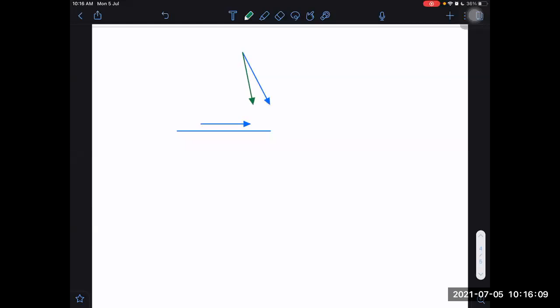Actual direction is blue. Will it appear as the green vector, or will it appear as a red vector? Actual direction is blue, but to a person who is walking or running, which direction will appear to be the correct direction? Green, sir. You are understanding, it will appear green.